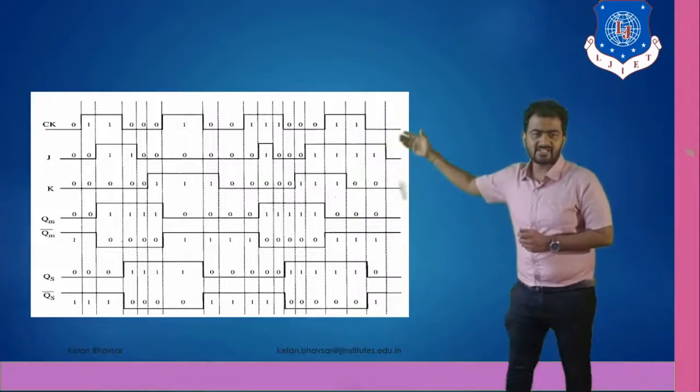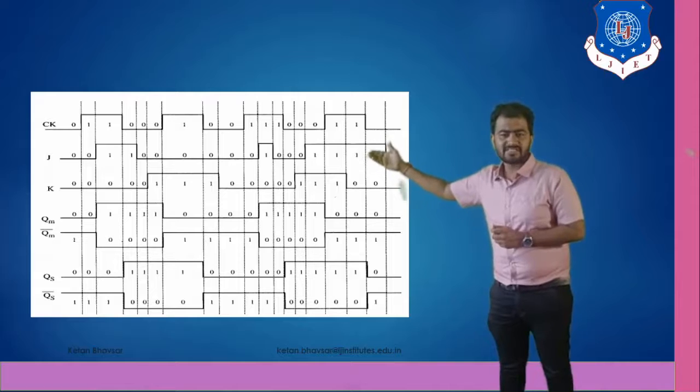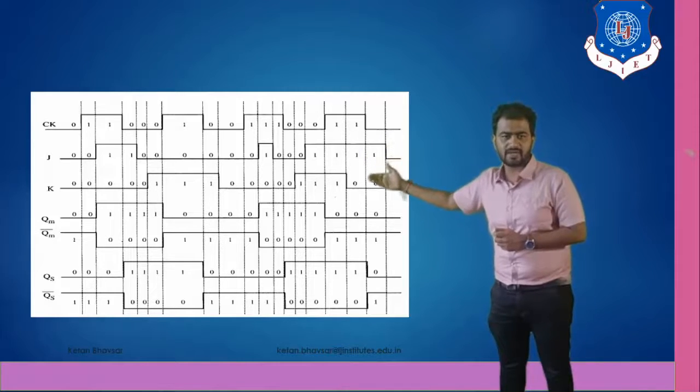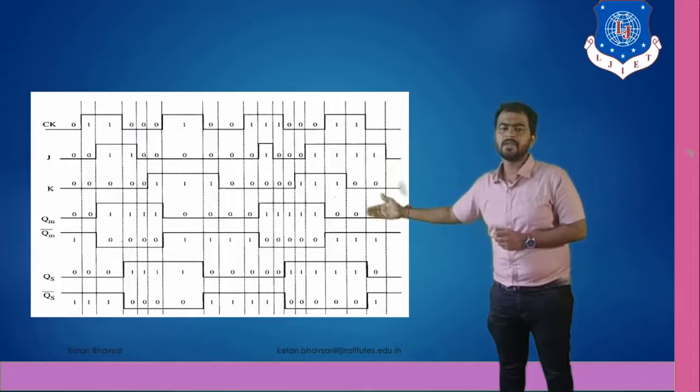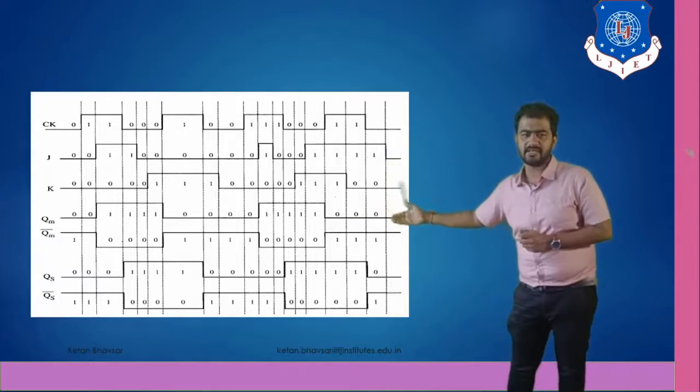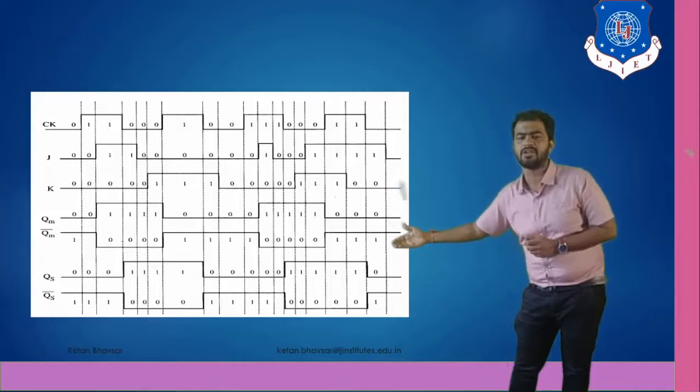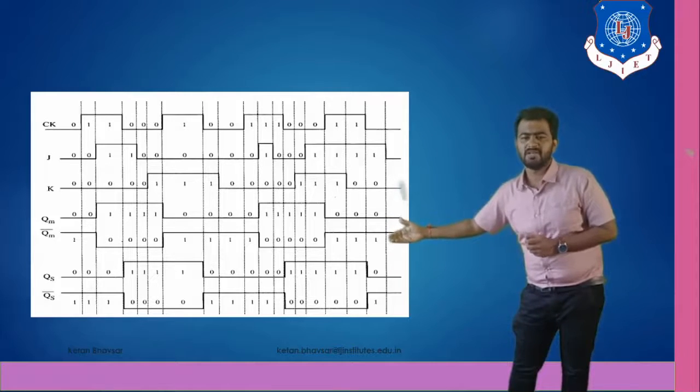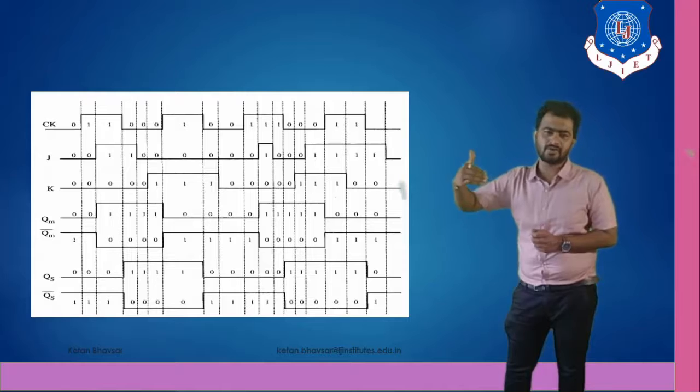J and K. As you can see, when your clock pulse is rising and your J is equal to 1, then ultimately your Q is equal to 1, and it stays at a high value until your clock pulse is completed, and then similarly you can see the variation on your Q bar terminal. Meaning if Q is equal to 1, then Q bar is equal to 0.